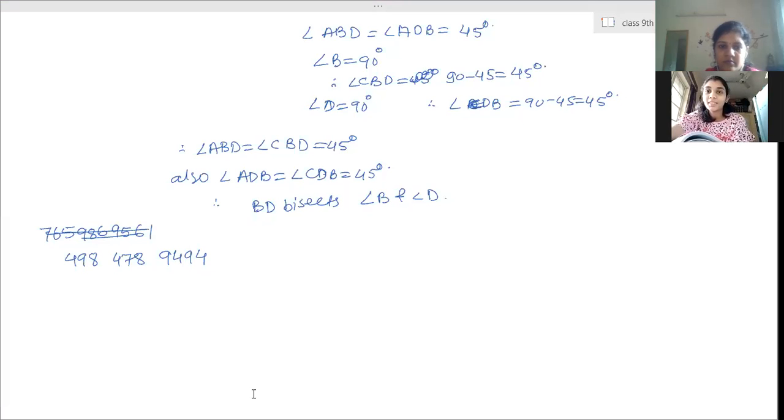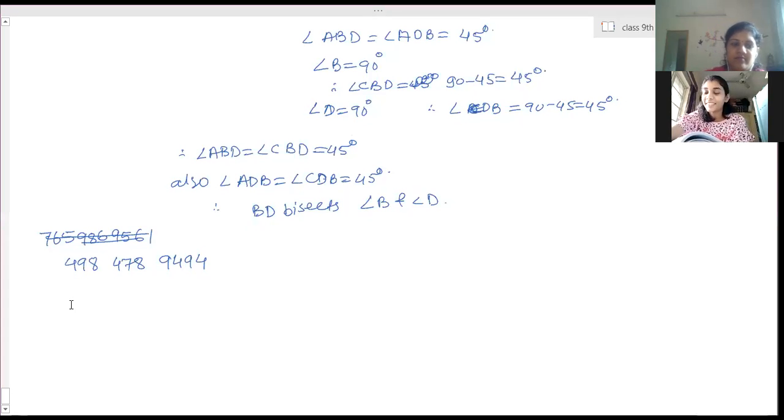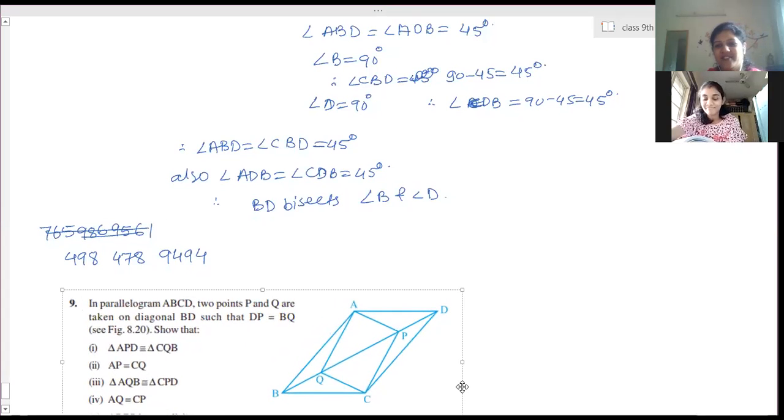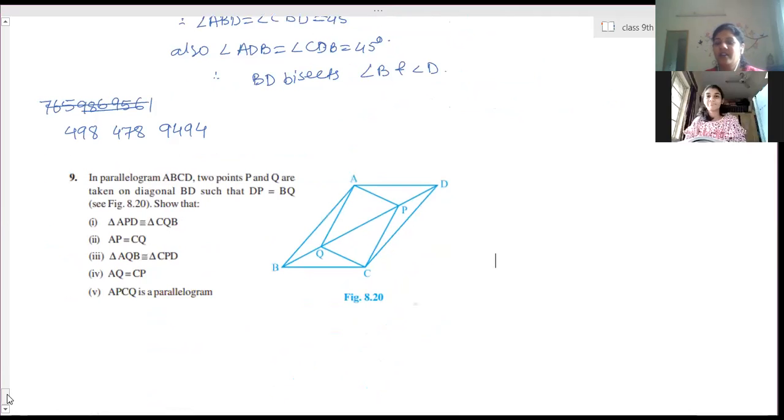Ma'am, these questions are very confusing. I tried to do after you did in the class. I told you it looks very easy when I'm solving, but when you start doing by yourself, then it is much more confusing. So here only you have to remember, wherever you have solved it, write down there what exactly you have done.